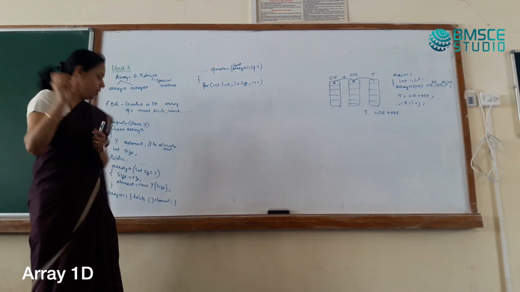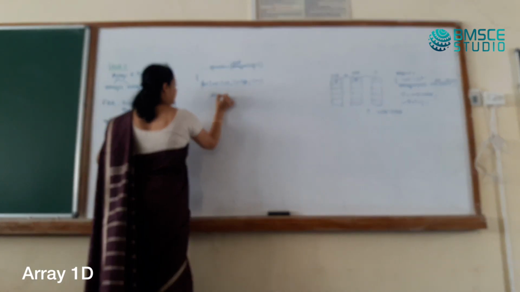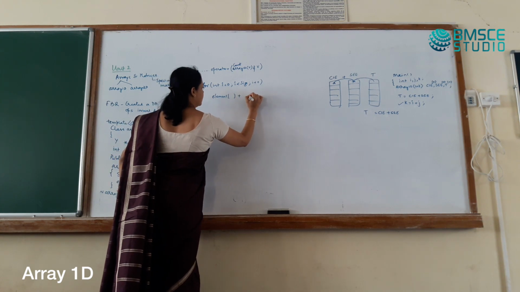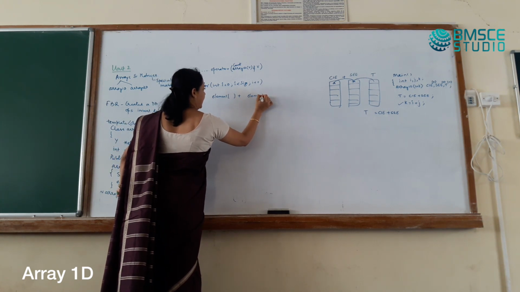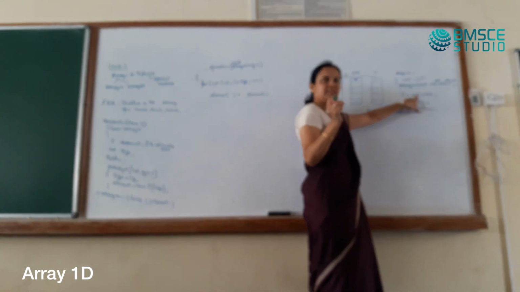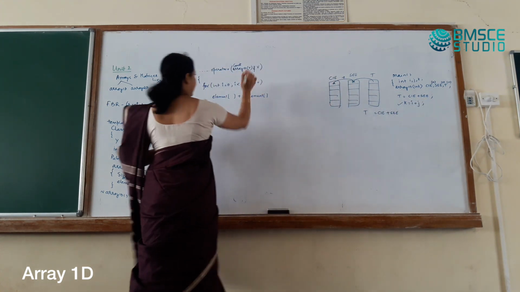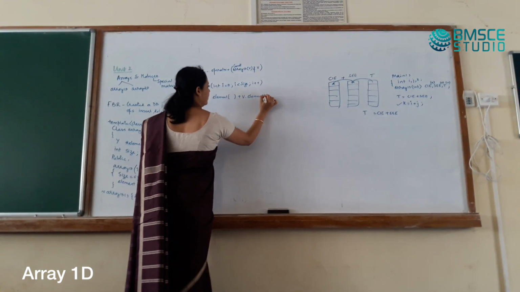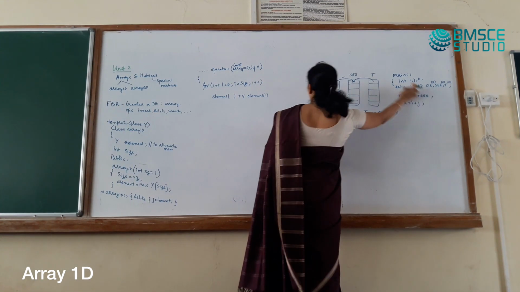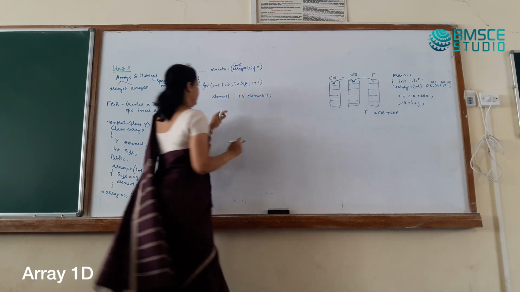Two arrays. Where are the arrays? Arrays are named element. Element that belongs to CIE plus element that belongs to SEE. SEE's element is there in v, correct? That SEE has now come in v. Now I will say v dot element of i.